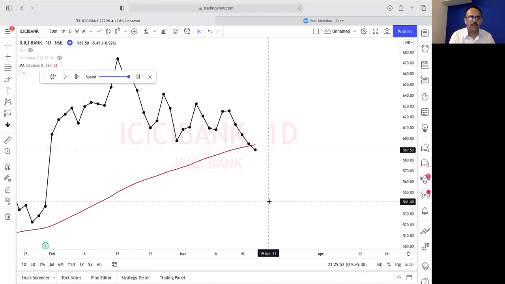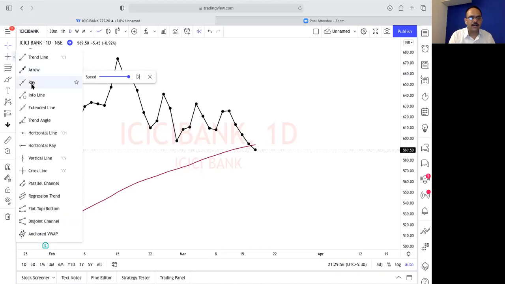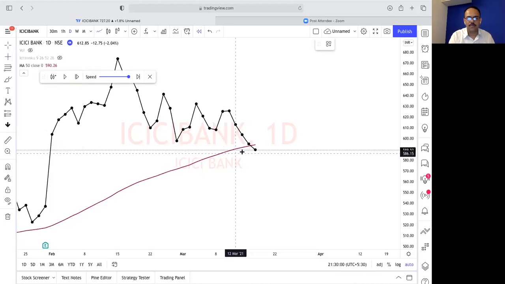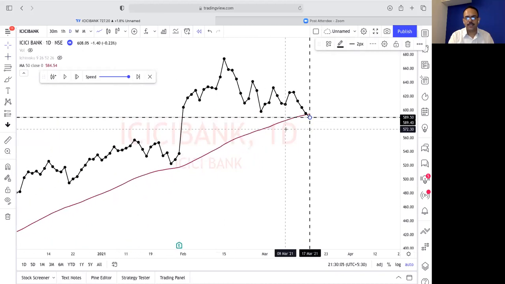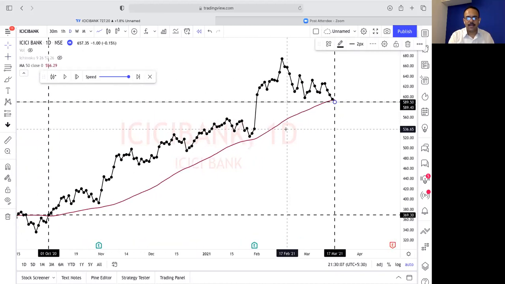I'll take my mouse to the left-hand side corner, click a drop down here, go to the cross line, select it by clicking on the mouse, bring my mouse to this point, click it here. I'll get a cross here. If you see, by using the simple method,